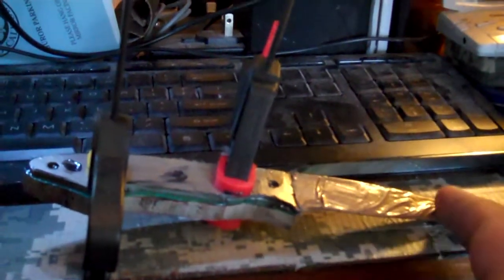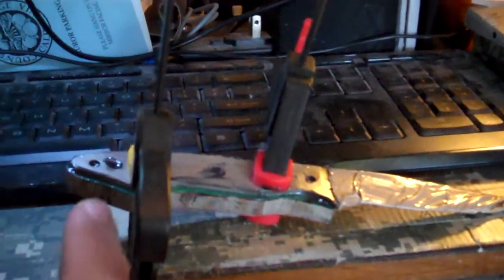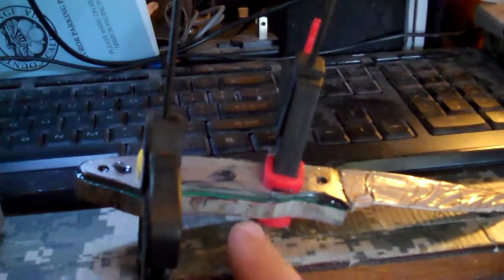Alright, I'm making some knives, and this is the first one that I've made or started. So right now I'm epoxying the handle on one side on. I've put some tape on this to protect the blade, and I've cut out the handle material oversized, and now epoxied it on,